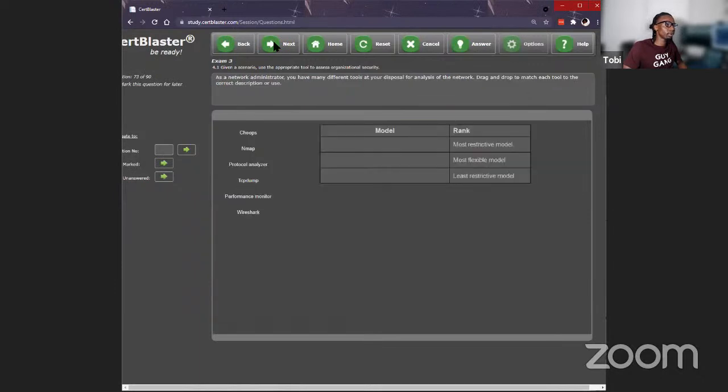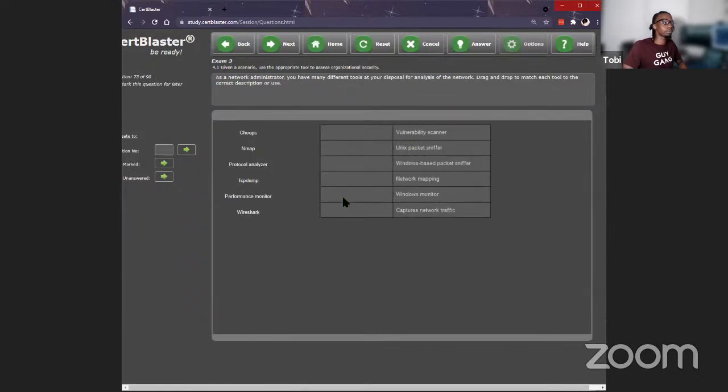Good job. And let's end with this one because there's a tool on here that we haven't talked about in class, but I'm not going to tell you about it yet. We're going to answer it because there may be a question on the exam and you see an option that you're not familiar with. You're not going to be able to open up a book. You're not going to be able to call anybody. You're not going to be able to hit up Google. Back in the day, we asked Jeeves. You probably don't remember that search engine, but you have to use your process of elimination. Okay, process of elimination to figure out what's what. So let's do it together.